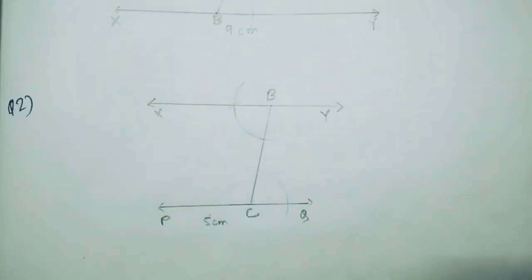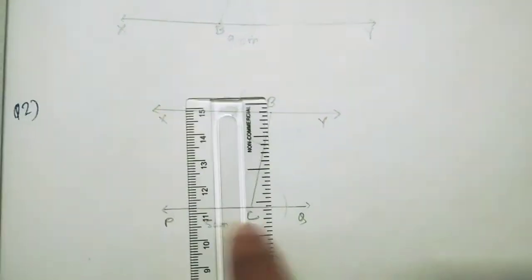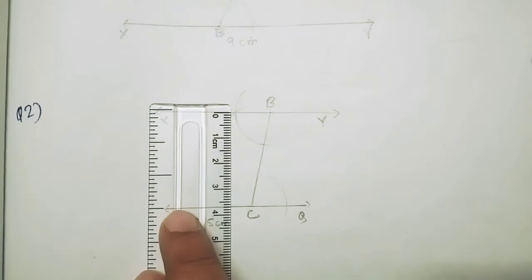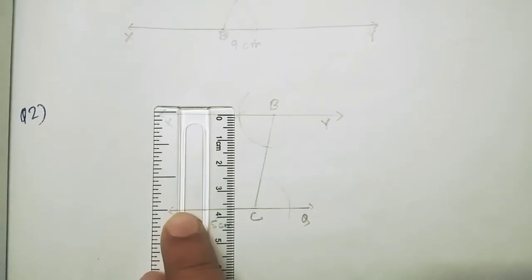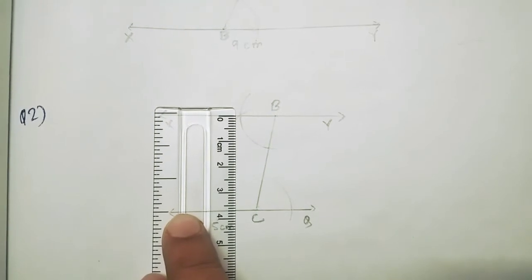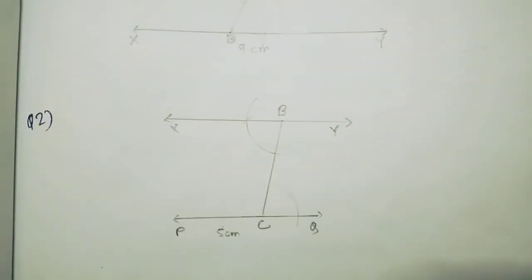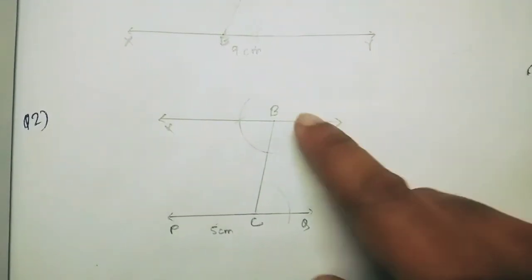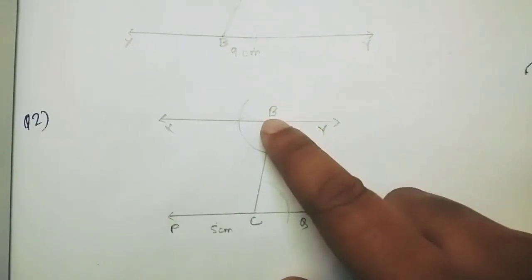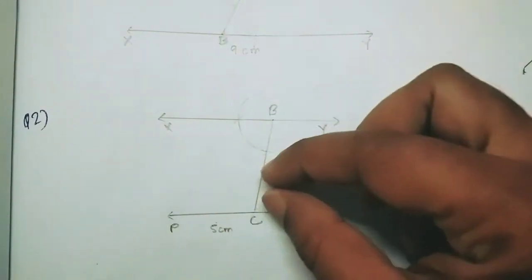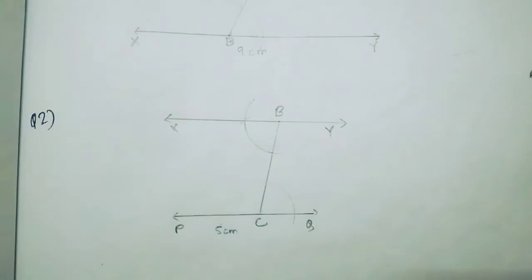After that, in the question it is given, measure the distance between the lines. So what is the distance between the lines? You have to measure and write. So the distance between the lines is 3.7 here. It will be different for every student, because every student will take some other points. Some will take here, some will take here, some will give more space or less space. So this distance will be different for every student.